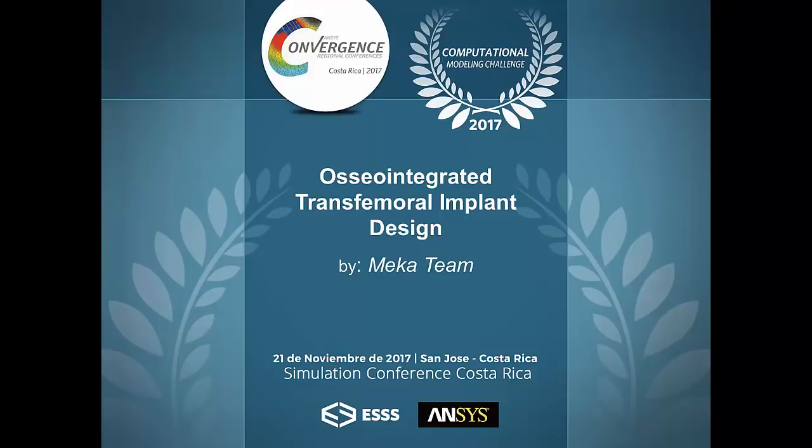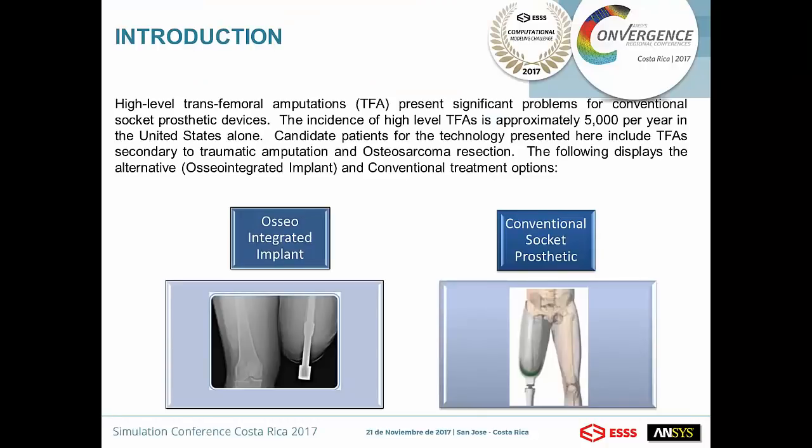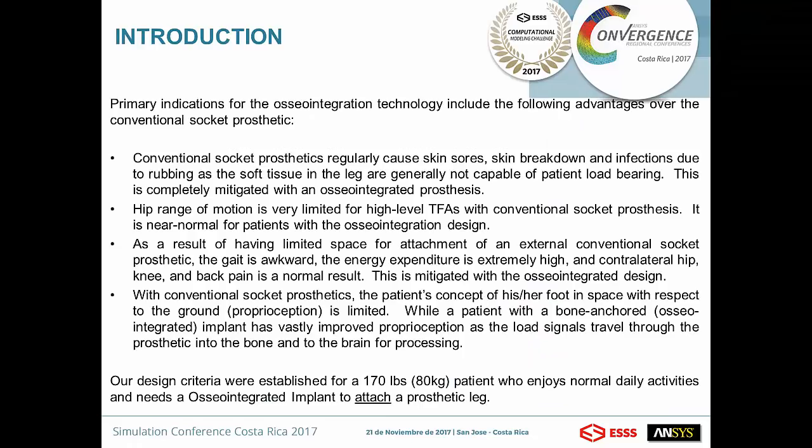Explain how we made a transfemoral implant design. For a patient who suffered a high-level transfemoral amputation, he has two options to attach a prosthetic leg. One is by using a conventional socket, and the other one is by using an osseointegrated implant into the bone, the femur bone. Due to medical recommendations, the transfemoral implant is better because the patient will get better